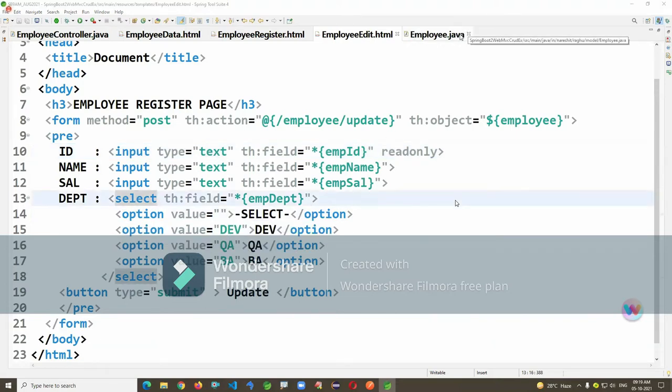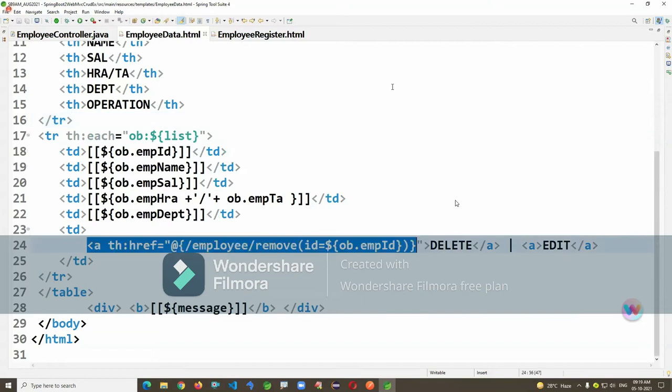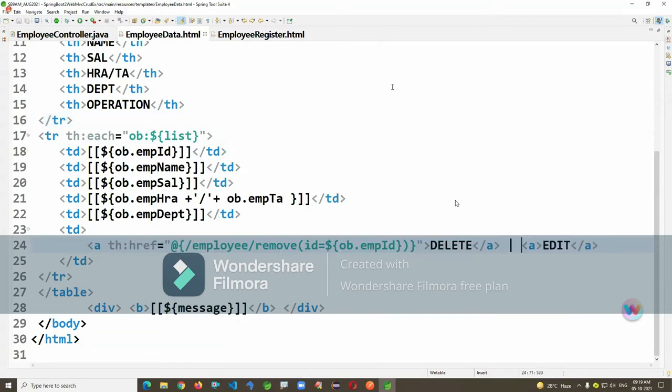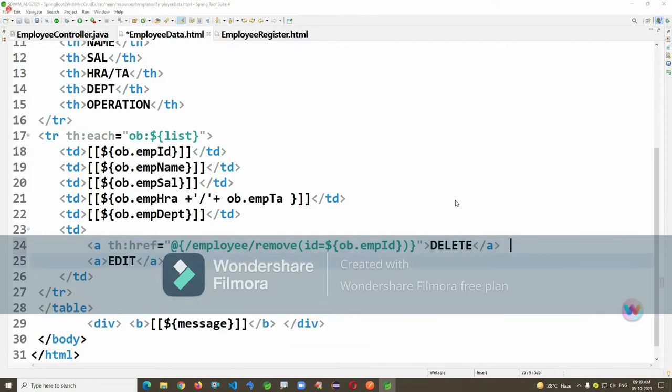So here, finally, we have to create a hyperlink in the data page. This hyperlink we constructed using URL rewriting. Okay, so I'm just writing this time for edit also here, URL rewriting hyperlink here. href.